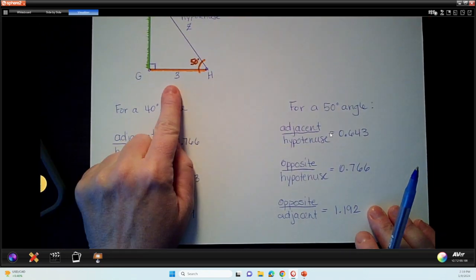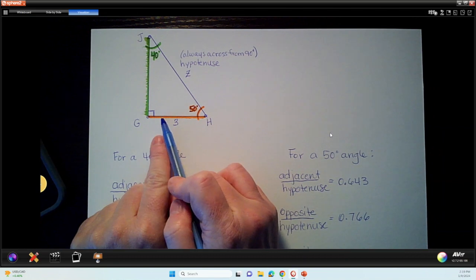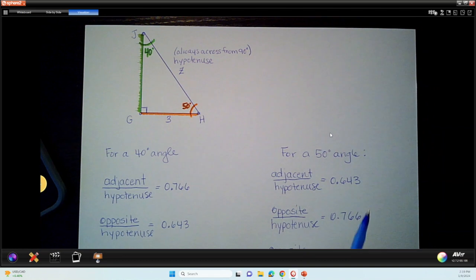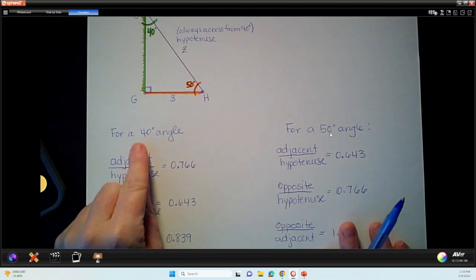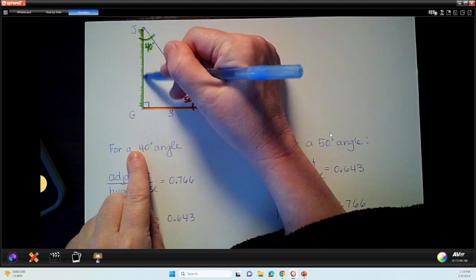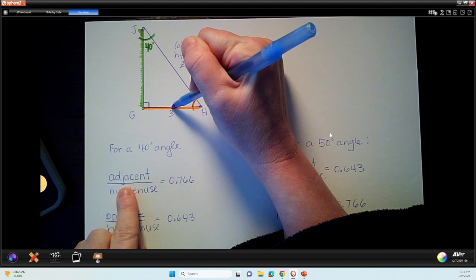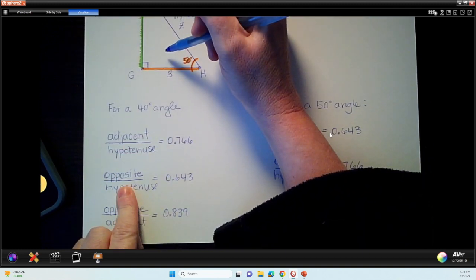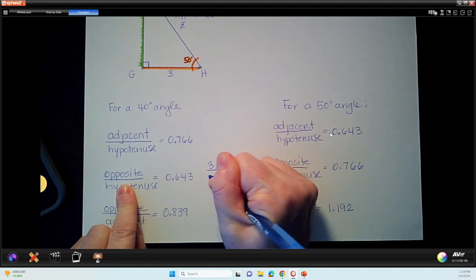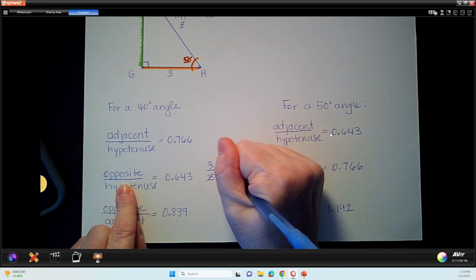So we have to start with our 50-degree and use the adjacent formula, or we start with our 40-degree and we use the opposite. I have it set up to do both, but I'm going to do the 40 first. So I'm looking at my 40, so this is the adjacent. I don't know it, so I have to use the opposite. So I'm going to skip this formula. I'm going to use this one. Okay, 3 divided by z, because z is my hypotenuse. I don't know what it is. It's going to be equal to